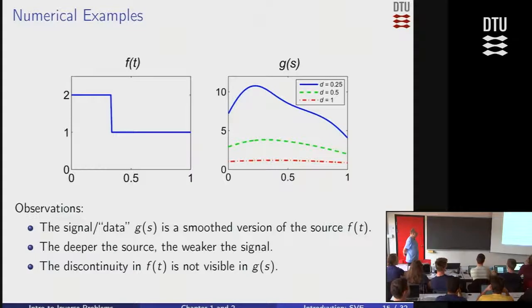But you also see that our measurements are certainly a very smoothed version of f. In fact, there's a discontinuity in my f that is completely gone in my measurements g. So just looking at g, there's no way you can see that there's actually a discontinuity